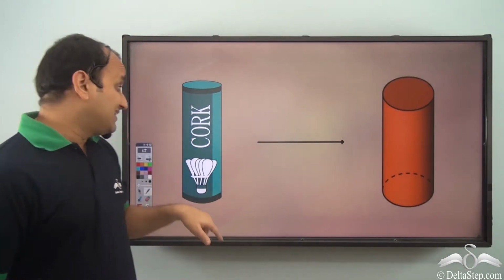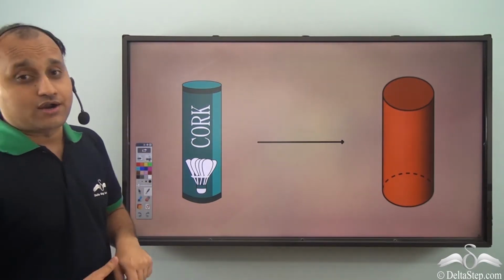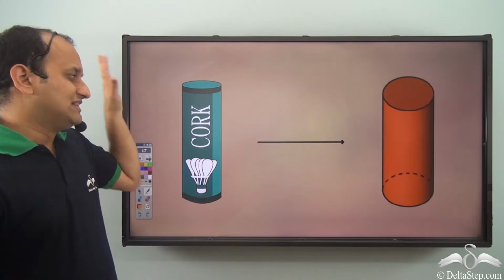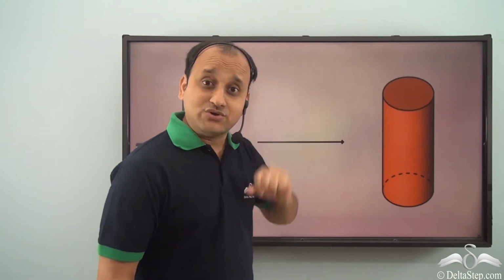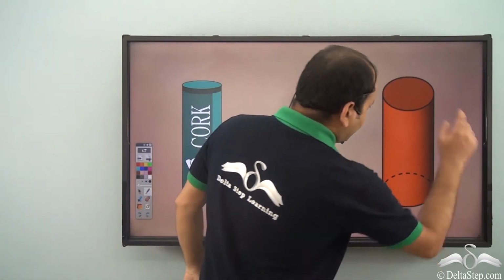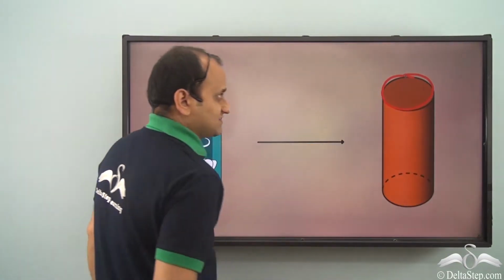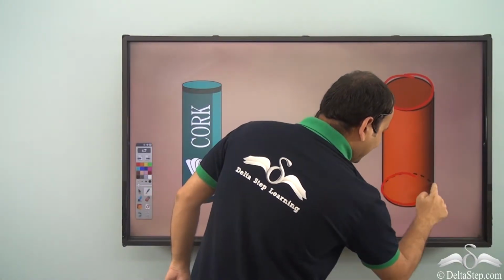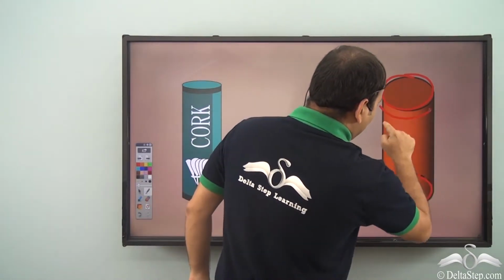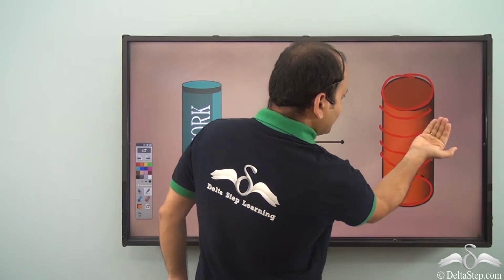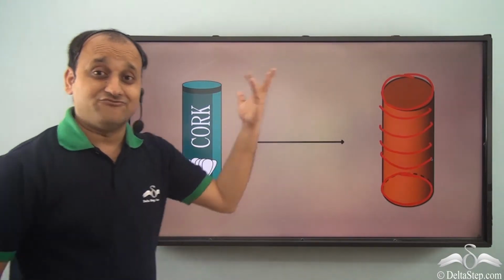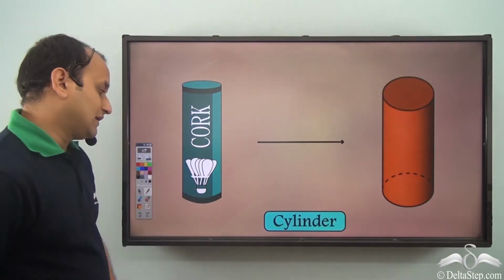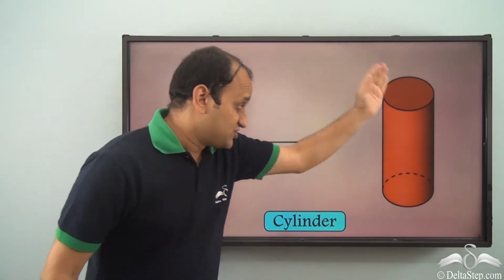Now he also got this box of shuttlecock. Now what shape is this? Well, this shape can be represented by this. Now this again is a unique shape. What is so unique about it? Well, as you can see, this face here is circular. At the bottom again it is circular. And then we have this curved face here, which joins these two circles. So this again is a unique shape. What do we call this shape? It's called a cylinder.